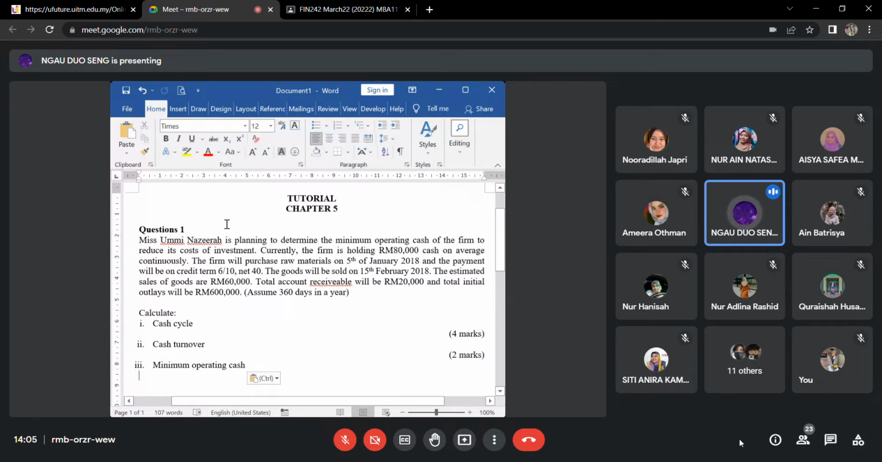So question 1, we have Miss Umi Nazira, right, is planning to determine the minimum operating cash of the firm to reduce its cost of investment. So currently the firm is holding